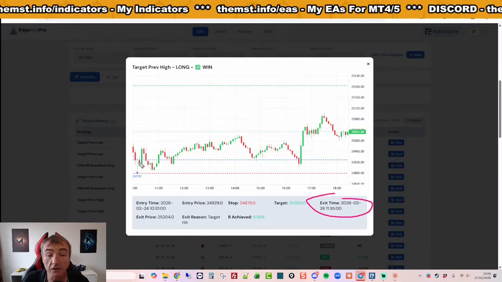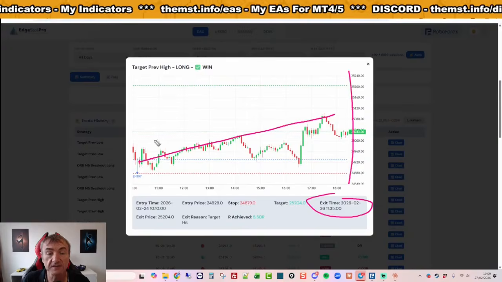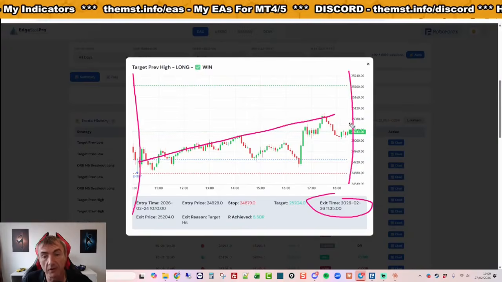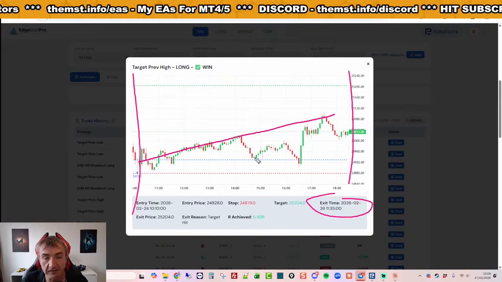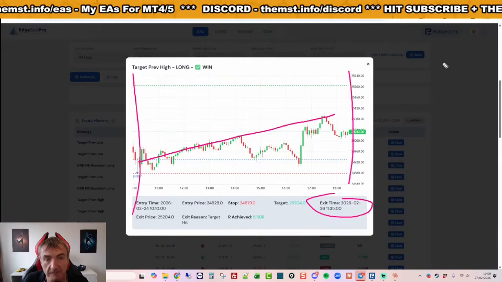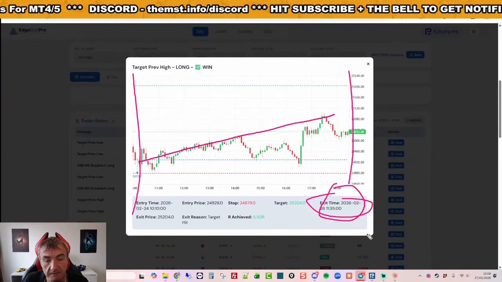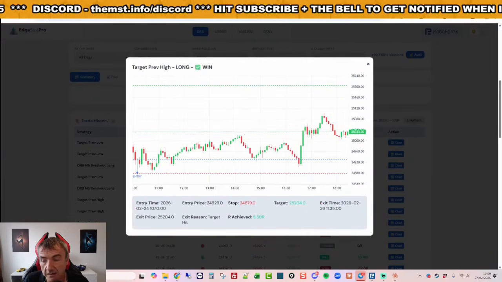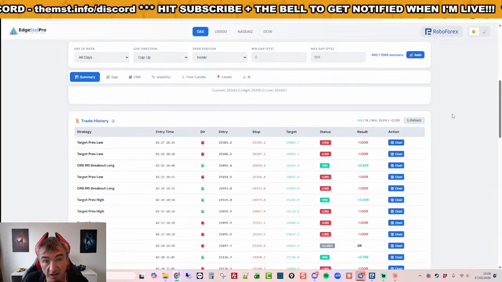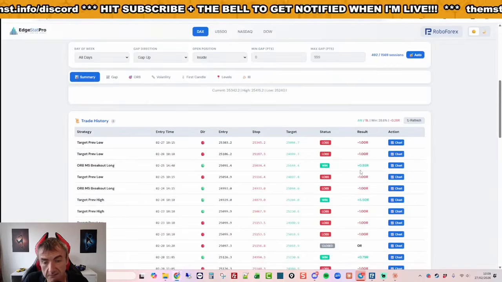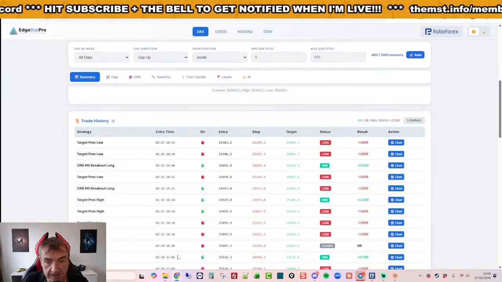Oh, so it only plots the session. It doesn't plot the entire trade. I need to get him to change this to plot the entire trade. So he didn't actually exit on the session. He exited 2 days later. Not lying. He's right. I need an exit time in there.